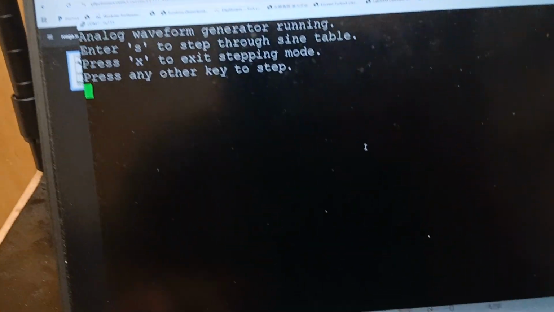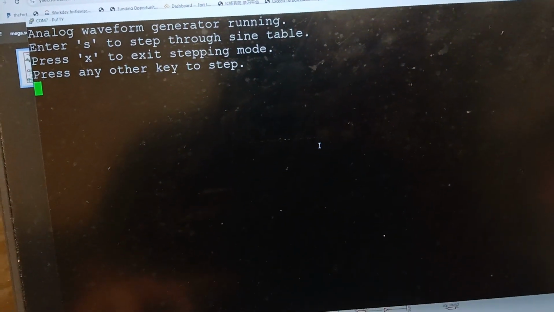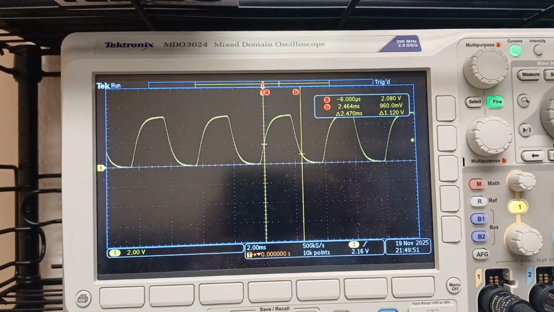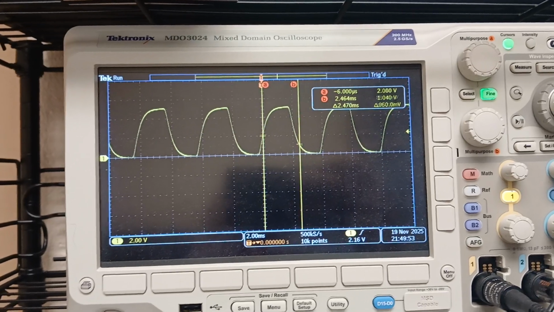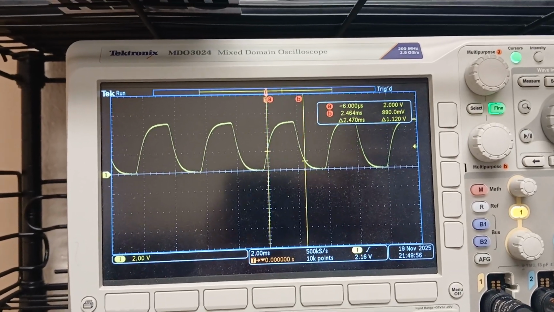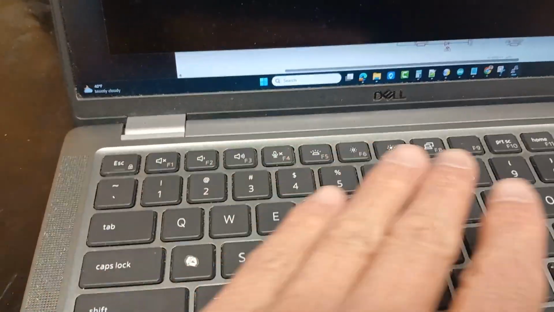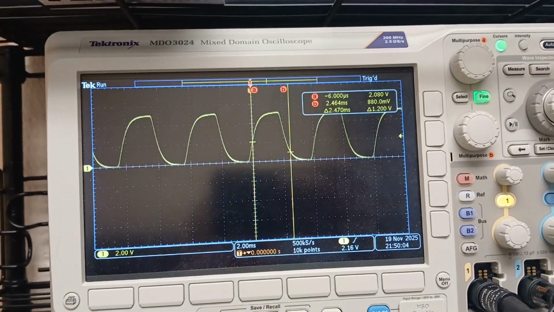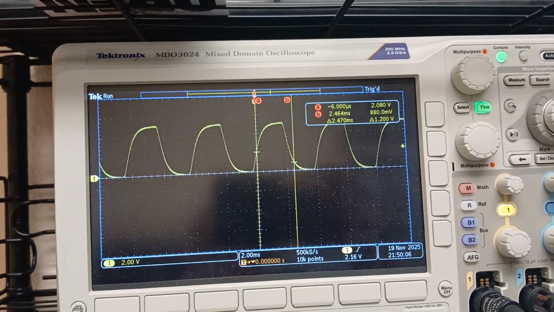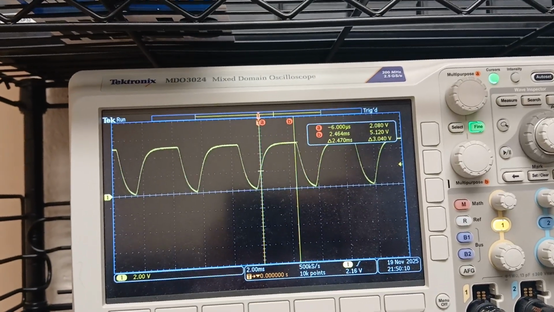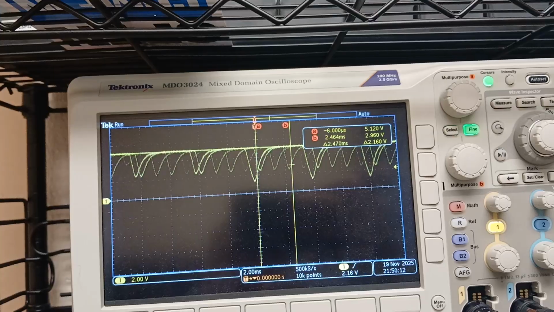So if you press S, the duty cycle is set at 50%. So you are seeing something like this, right? It's just basically a 50% digital signal, and it's getting delayed because of the low pass filter. And then you press any key on the keyboard, just any key, to cycle through all the duty cycle values in the array, and it's going to show you different time delay effects. Okay, it's cycling back